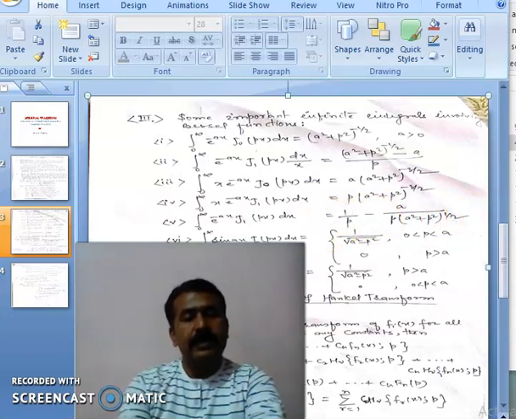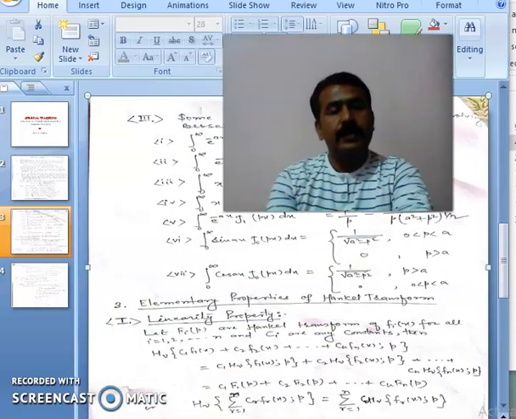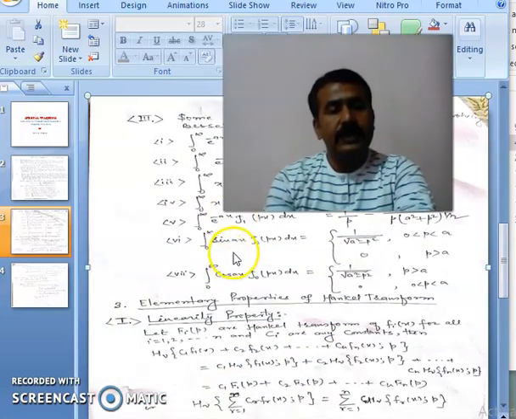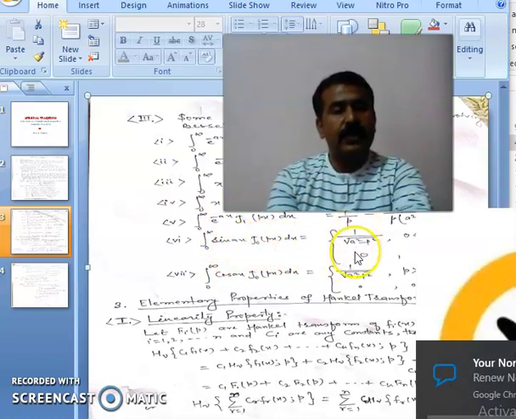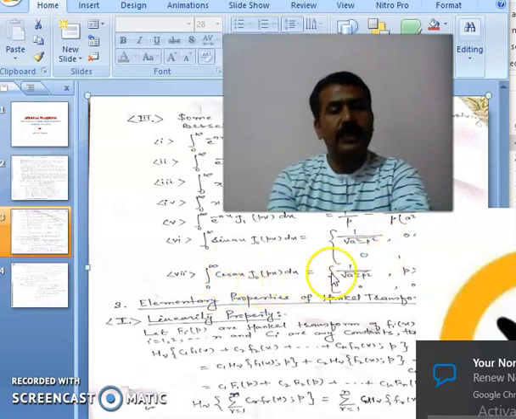And the sixth is: the integral from 0 to infinity of sin(ax) J0(px) dx is 1 by under root a square minus p square, for p less than a, and 0 otherwise. Similarly, the integral from 0 to infinity of cos(ax) J0(px) dx is 1 by under root a square plus b square, yet b is greater than a, and 0 when this is less than.